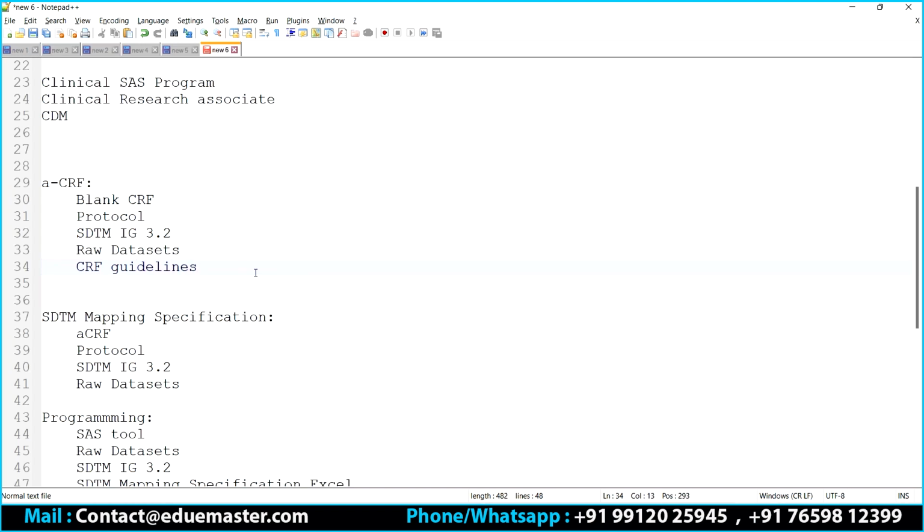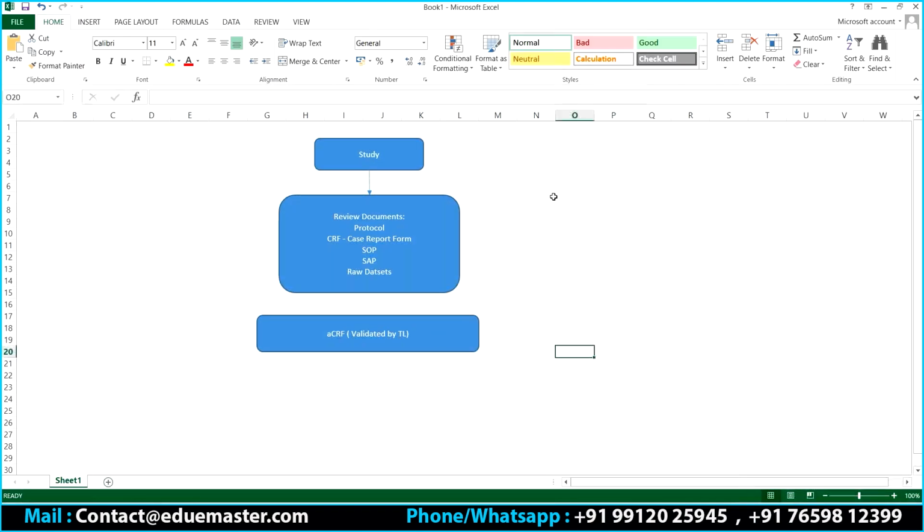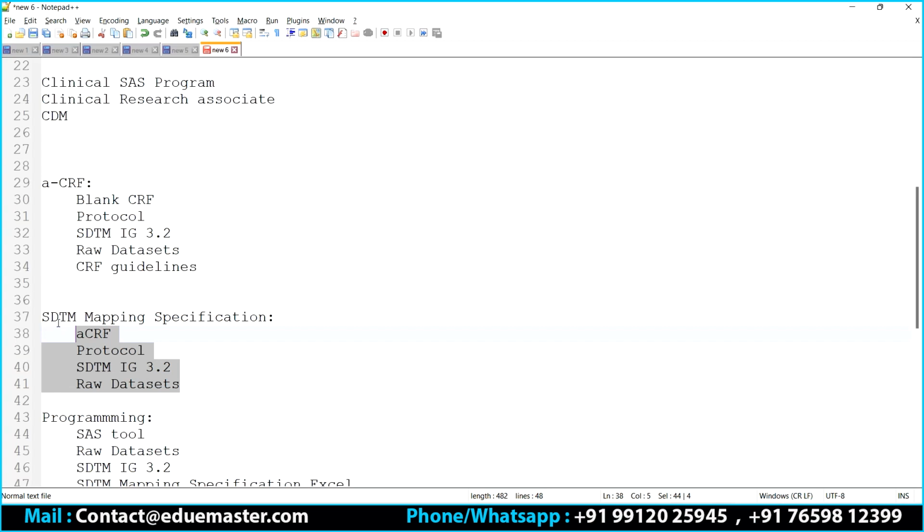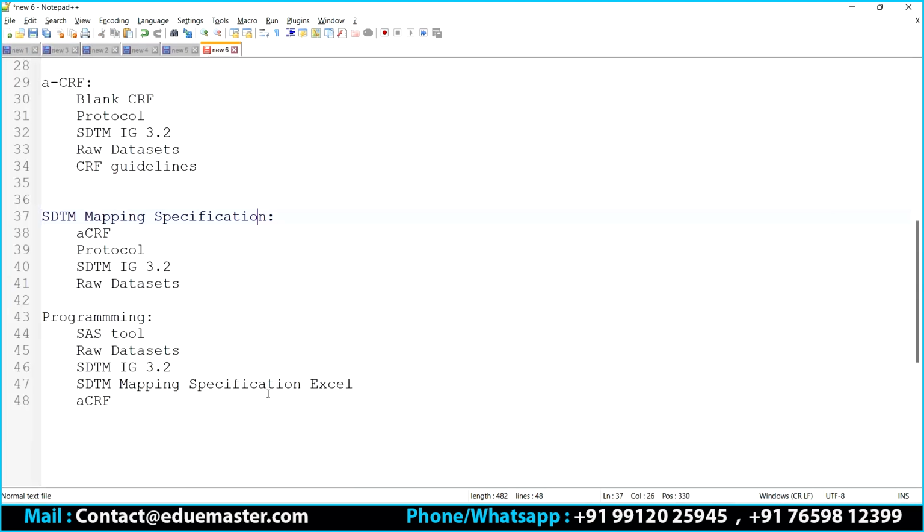There are 3 steps you are following. First, you are going to create the ACRF. The ACRF will be validated by your TL. Once it is available, then you go to your SDTM mapping specification. To prepare the SDTM mapping specification, you need these 4. Once you have it, you will go ahead and create your programming plan.